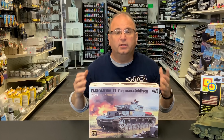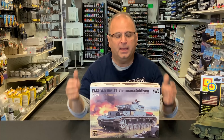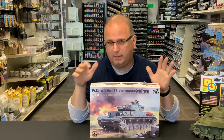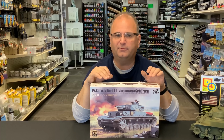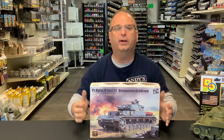And I was just really floored by the quality inside here, and that's what I thought I'd share with you today. Now, we are going to be building this one. In fact, we're probably going to be building two, not immediately, but there's a couple of different versions that I want to do, and I love the Panzer IV, so I thought this would be a great one to start working